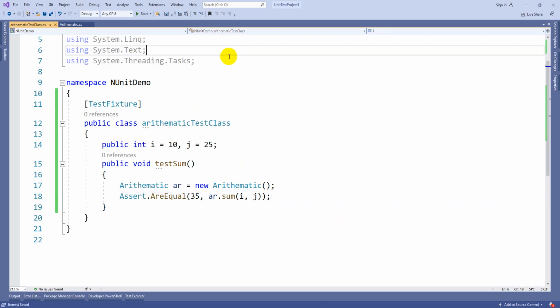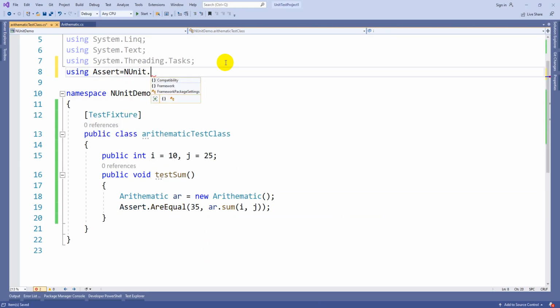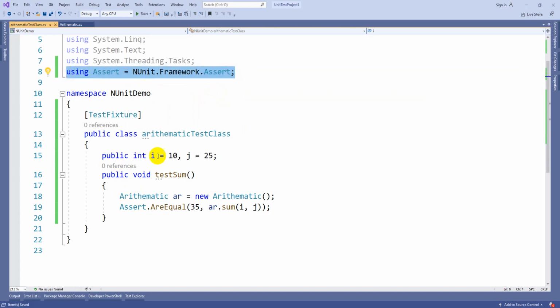Here you can write one thing: using NUnit.Framework.Assert. If you are not writing this, it is going to pick Assert from MS Test, but actually we have to work with NUnit, right?